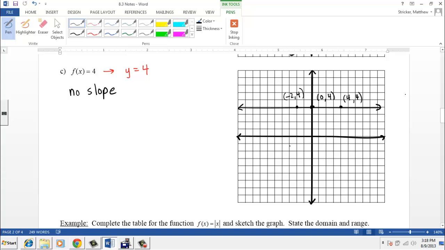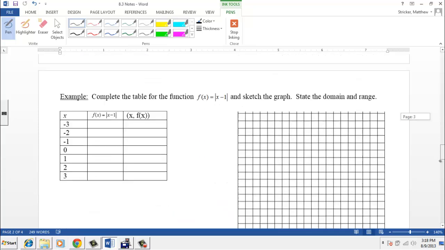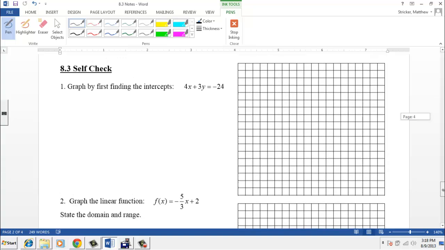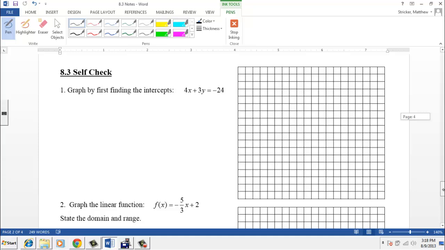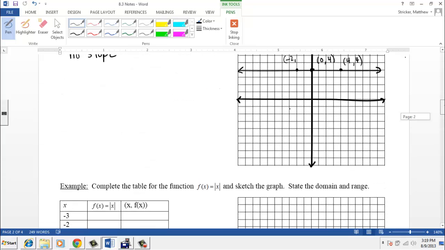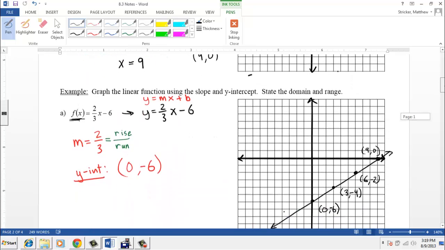So that is basically the examples I had for graphing linear functions and linear equations. Now might be a good time to pause your video and go ahead and try self-checks 1 and 2. One thing that I did not talk about yet on any of the 3 examples, so let's go ahead and talk about that before you pause it, is what is the domain and range when we have